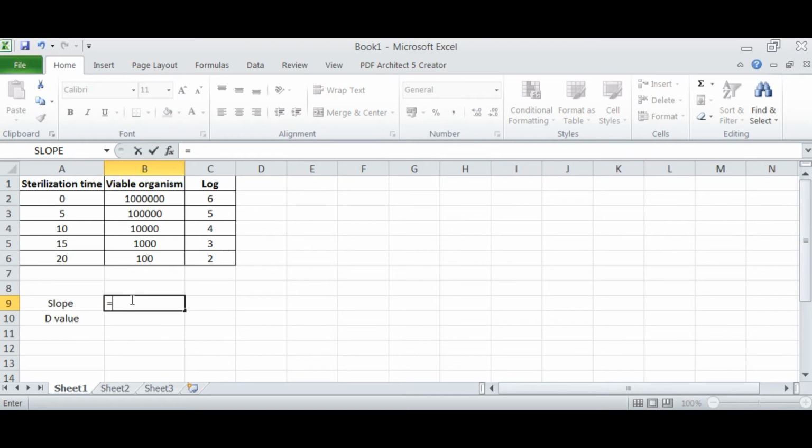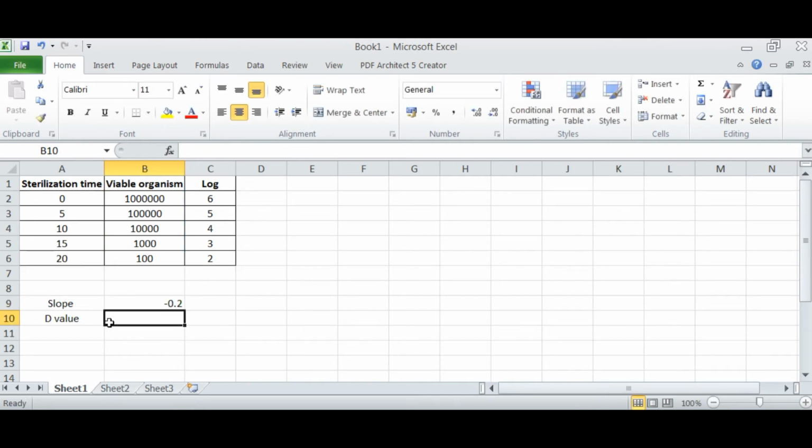You press equals, then write slope, then put a bracket, then for the y-axis you need the log, comma, for the x-axis you need this time, and hit the enter button.